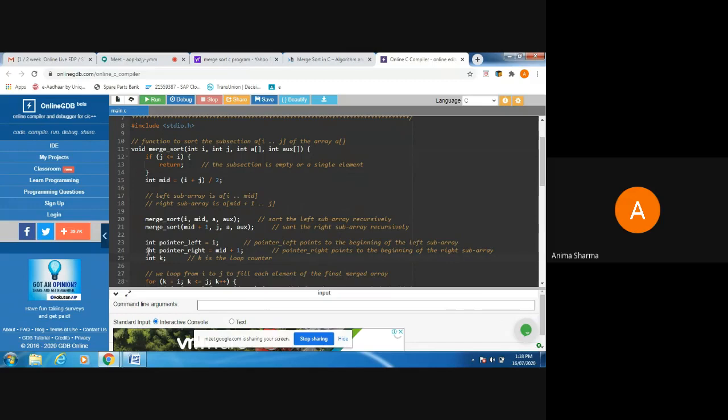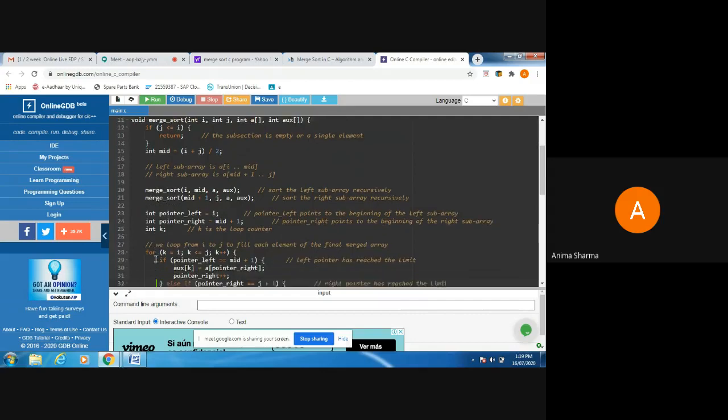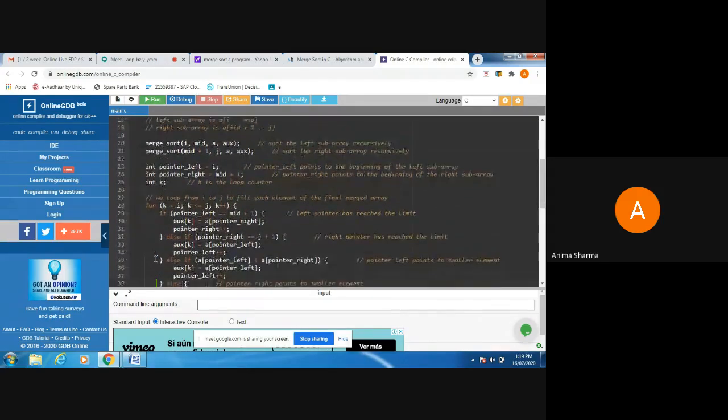Here pointer left is pointing to the first value of the left subarray, and pointer right is pointing to mid plus 1, meaning the first element of the second subarray. Again, we are declaring here a counter, which is k, for looping purposes.